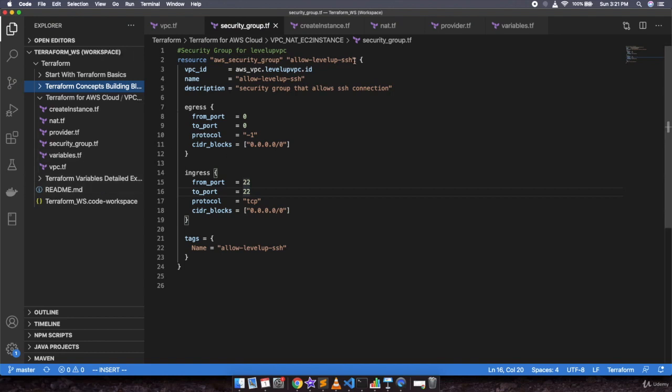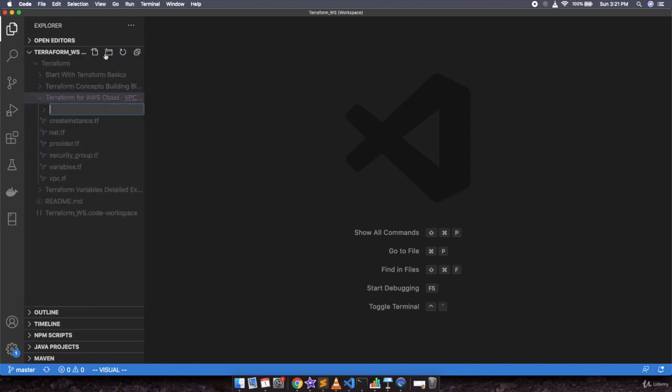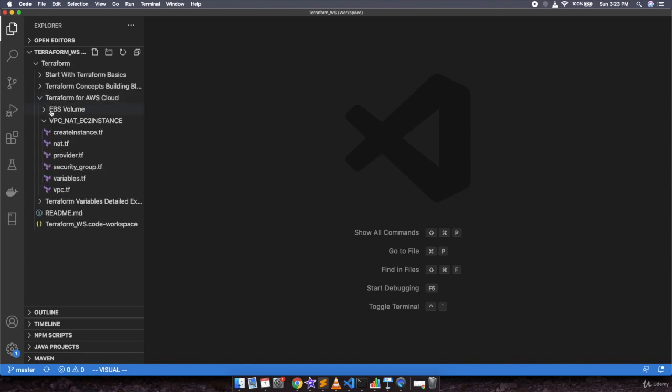So we are inside a code editor. I will close all the files. And now inside the Terraform for AWS cloud section, I will create one more directory and I will call it EBS volume. Now we have a new directory EBS volume inside the Terraform for AWS cloud. Inside this directory, what I will do first,